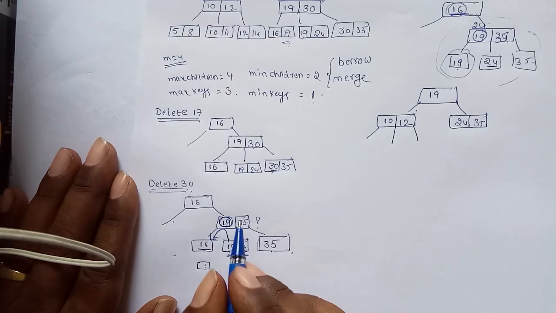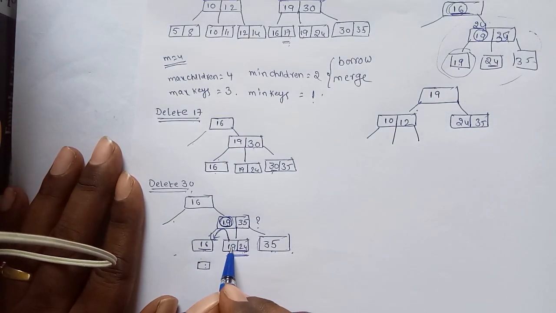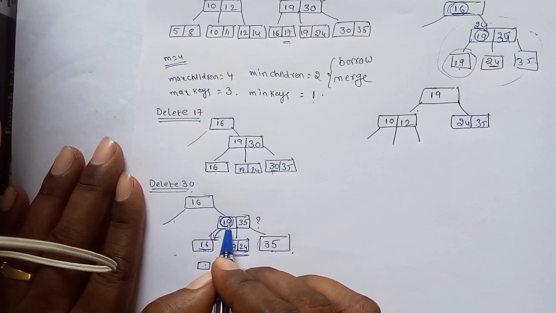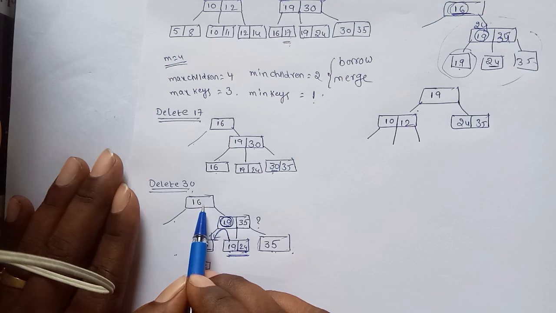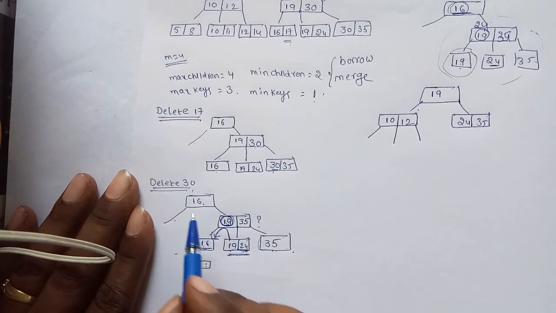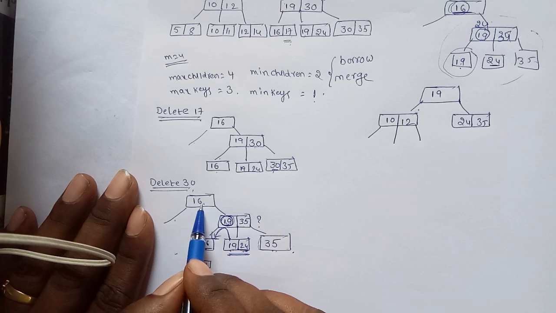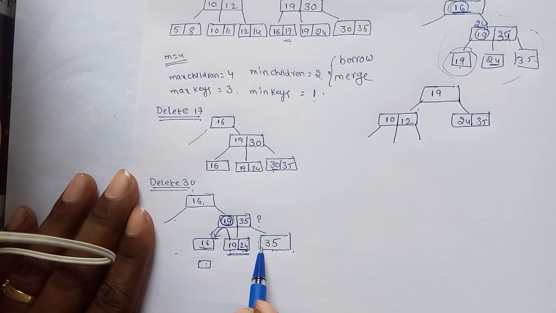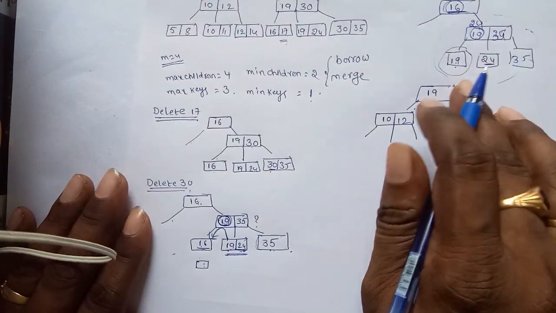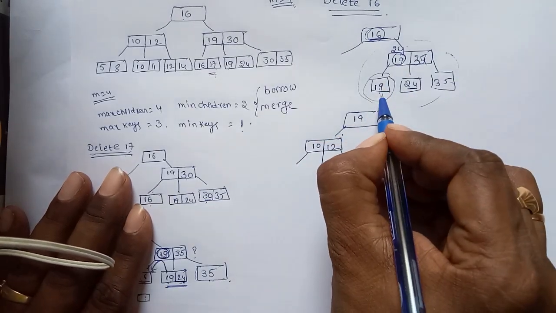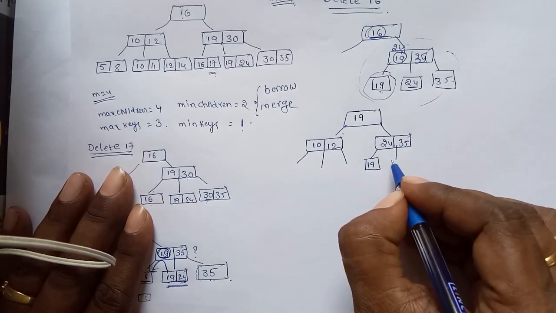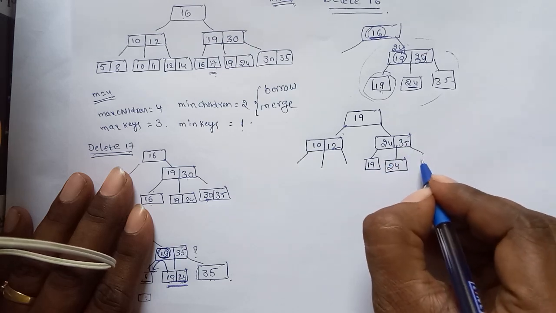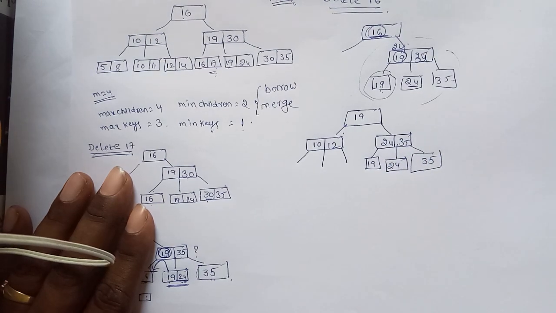Why does it happen? We are removing 19. Whenever we make a copy from 19 here to here, we are removing 19 from this position. If we are removing, this position is vacant, so we replace it with the smallest value, simply 24. After, whenever we are removing an index node, very simple. If we are removing an index node, the index node is replaced with the smallest value of their children. So smallest value of their children is 19. After copying, the smallest value is 19. So replace with 19. For 24, the left child is 19. For the middle one, 24. The right child is 35.